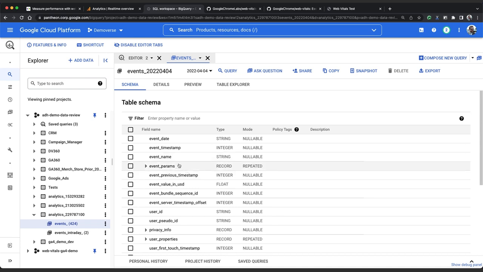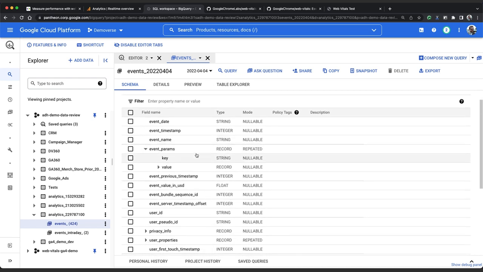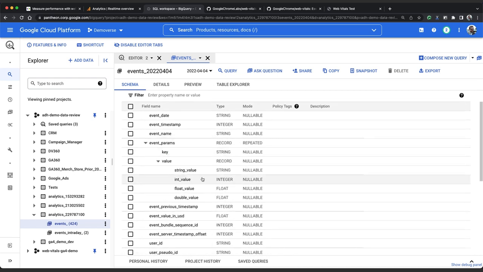The event params column will contain all of the data that we pass through for each event, nested against a key. The value has keys for each of the data types that could be passed through. Now, the dataset contains events that aren't related to CWVs, and there might be multiple rows representing CLS for each page view. So rather than querying directly, we need to do some pre-work on our data before we can start